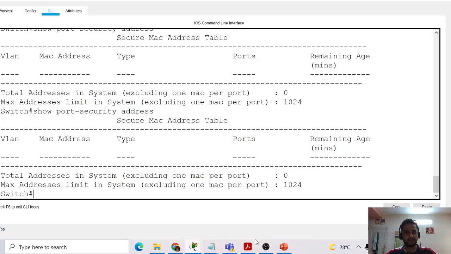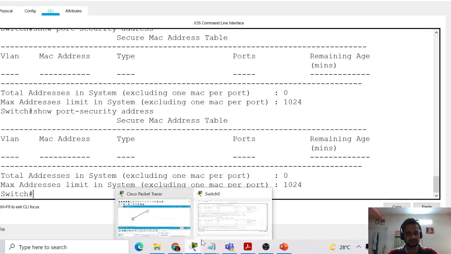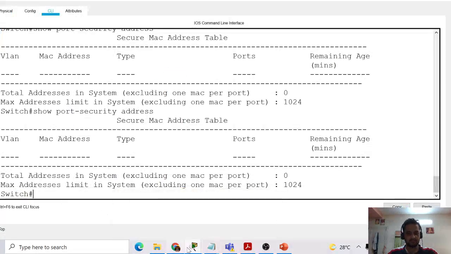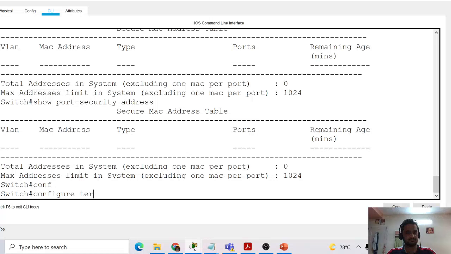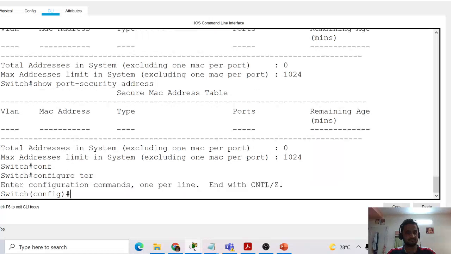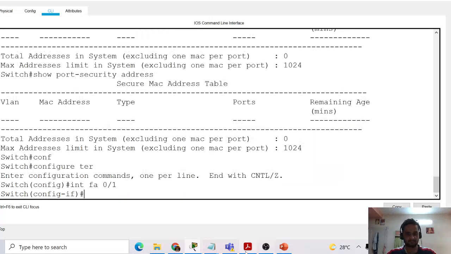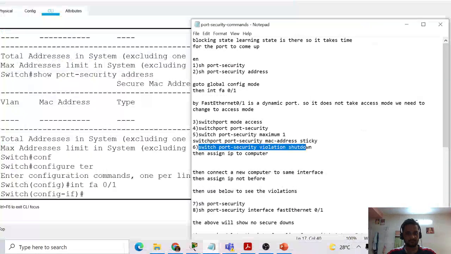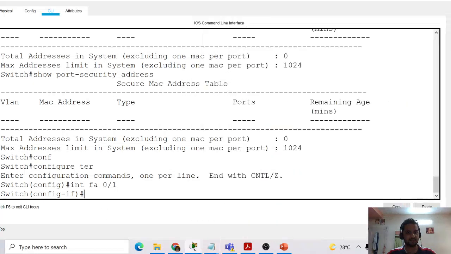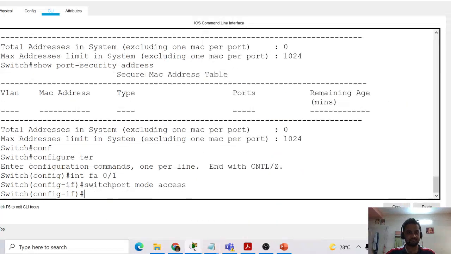In this way the address will come if we go to the... let me give the commands once again.